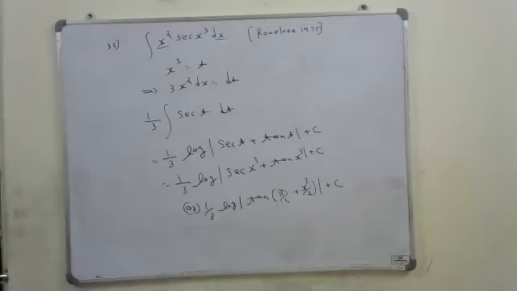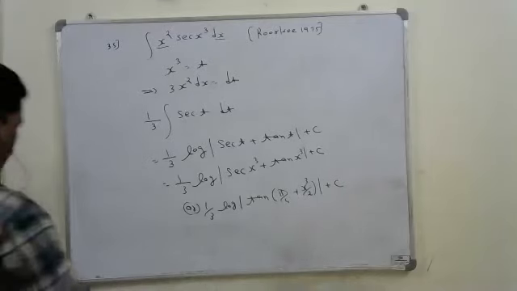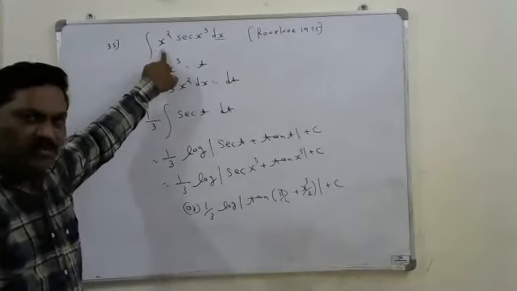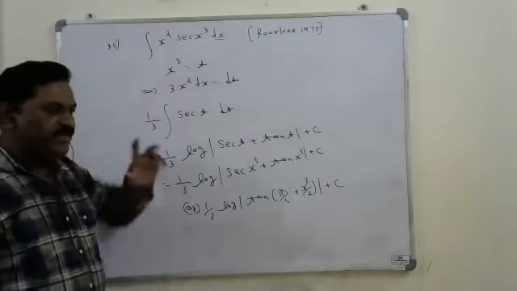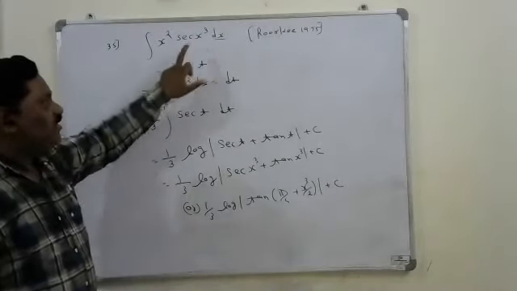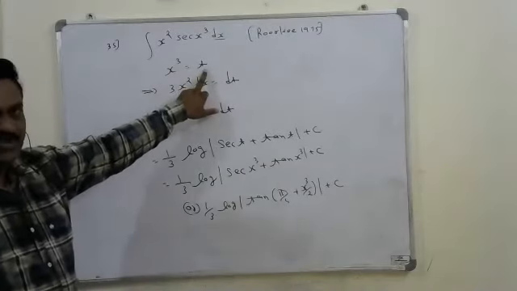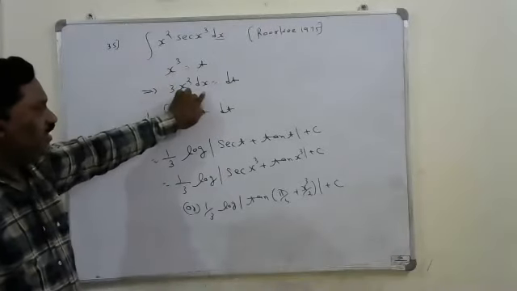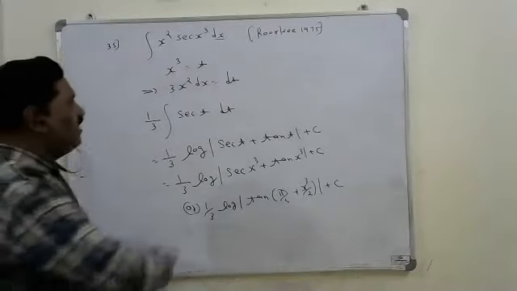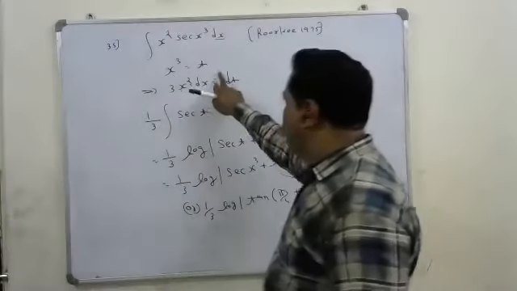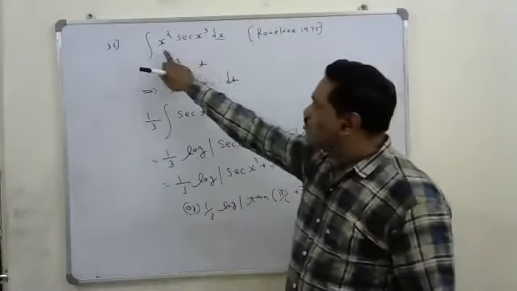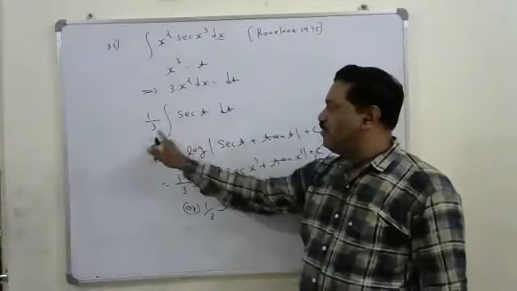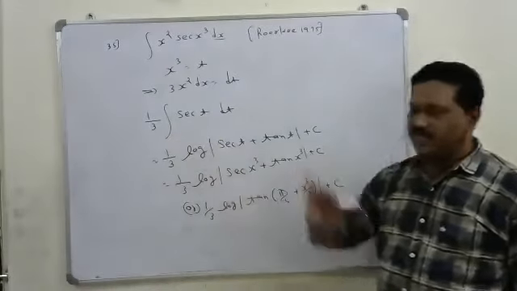It is not difficult. It is a very simple question, because if you observe, here x square is outside the function. x square is the derivative of x cube, that we know. The derivative of x cube is 3x square. That's why x cube is there. So take x cube is equal to t. If you differentiate on both sides, the derivative of x cube is 3x square dx is equal to dt. If we divide by 3, then x square dx is 1 by 3 dt. So replace x square dx by 1 by 3 dt, and it is secant t. So the problem becomes 1 by 3 integral secant t dt.